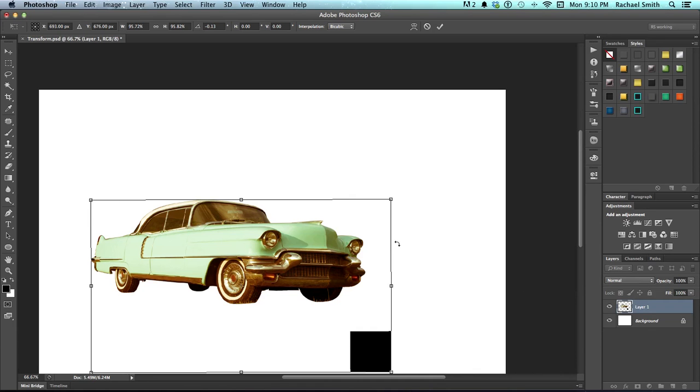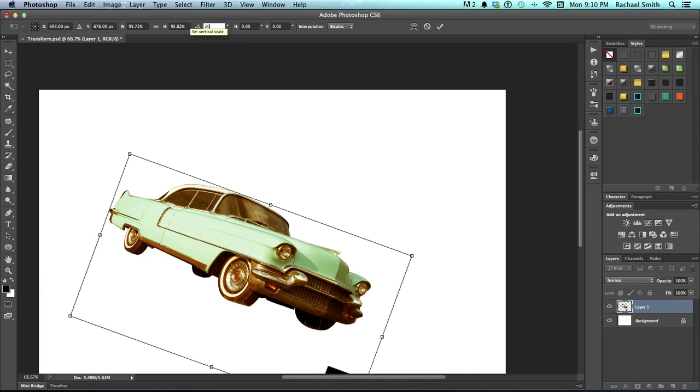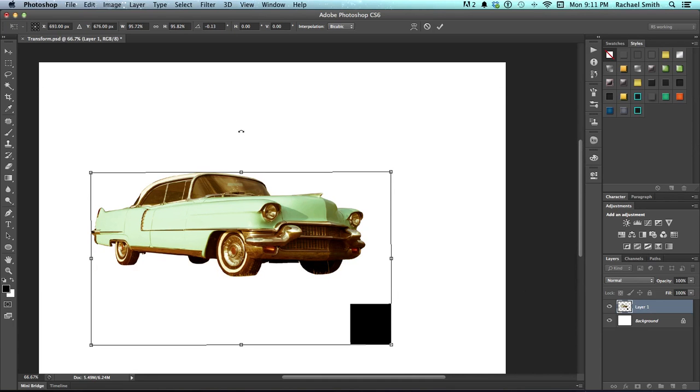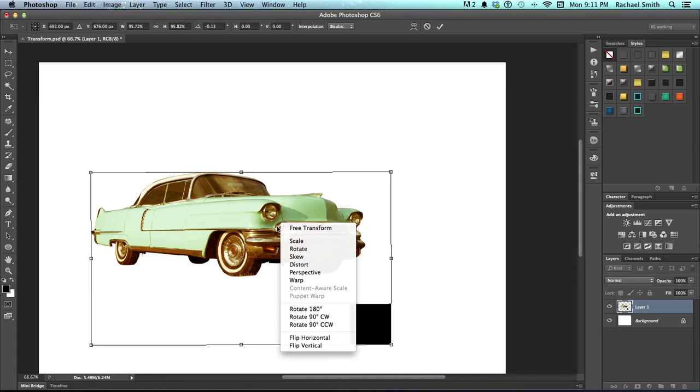Also, when you're in this transform mode, if you look up at the control bar, you actually have windows where if you know exactly what angle something should be at, you can enter in that angle and have it automatically pop to that angle. Now I've just been hitting Command Z to go back to my basic transform, which you can do within a transform. The other things you should know are if you right click, you have some options like flip horizontal